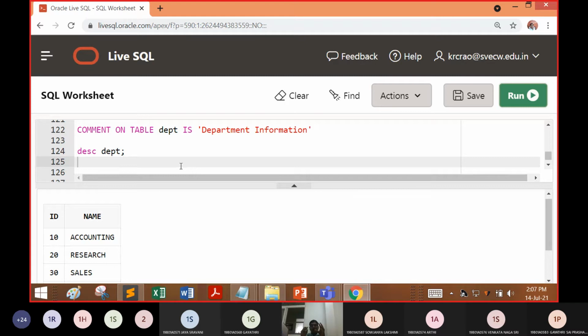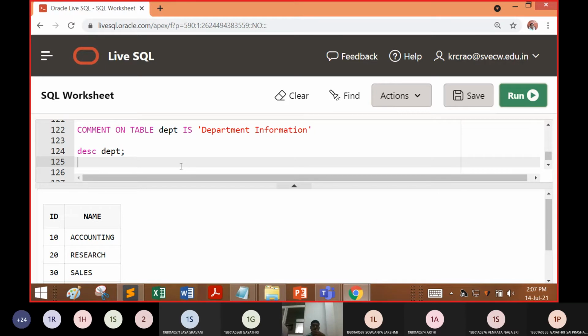So when we make a report writing module, at that time, the comment, instead of DEPT, will display as department information. So DEPT people will not be able to understand. So instead of that, it is going to give a comment externally, department information.